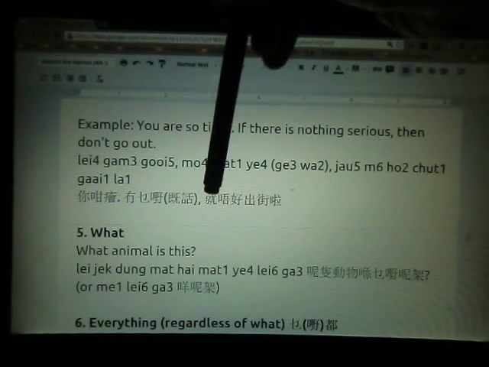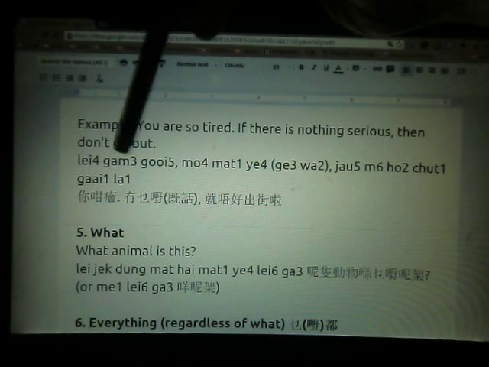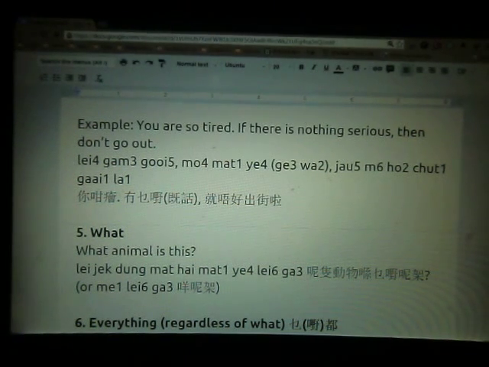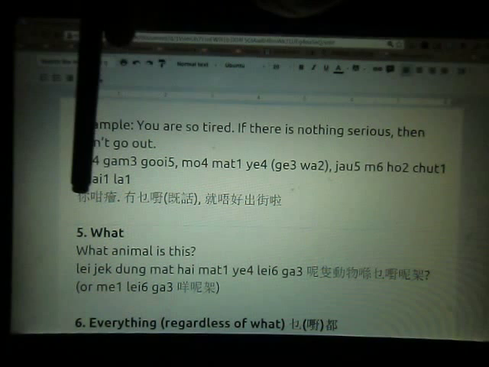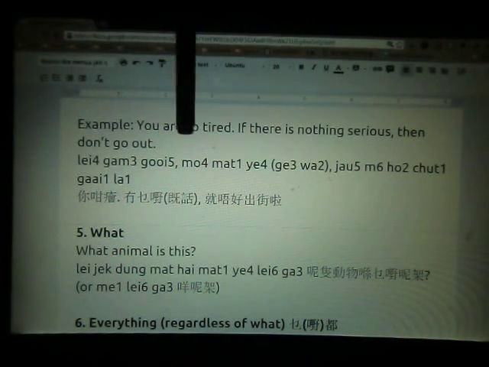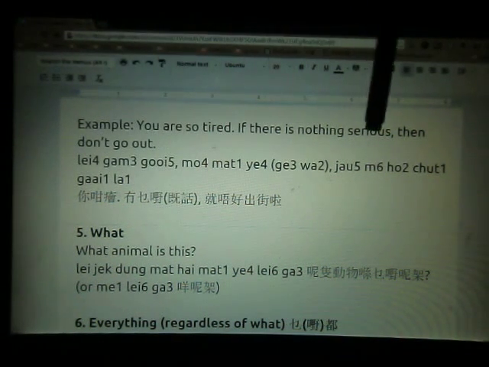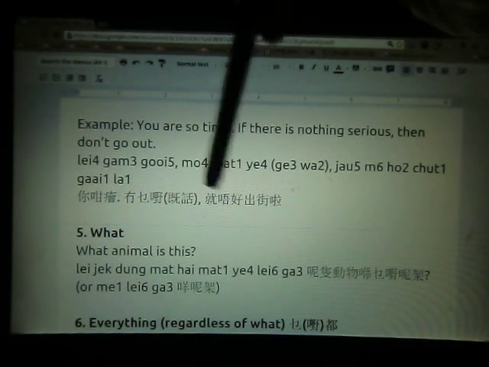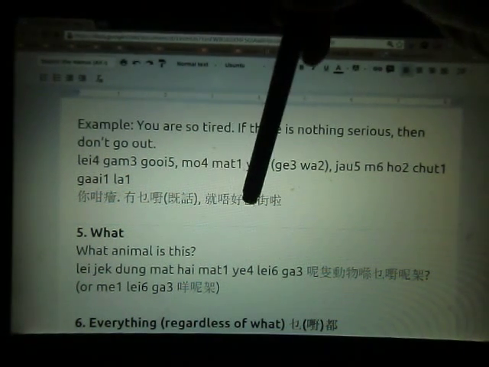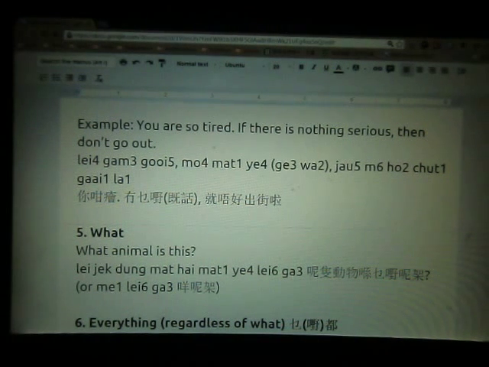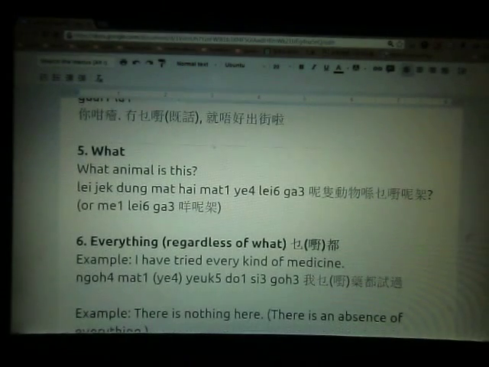Okay? 就 then should not 出街 go out. 街 is the street. 出 is the going out. 就唔好出街啦。So the entire sentence reads 你咁攰 you are so tired. 冇乜嘢 if there's nothing serious. 就 then don't go out 唔好出街啦。你咁攰冇乜嘢就唔好出街啦。或你咁攰冇乜嘢嘅話就唔好出街啦。